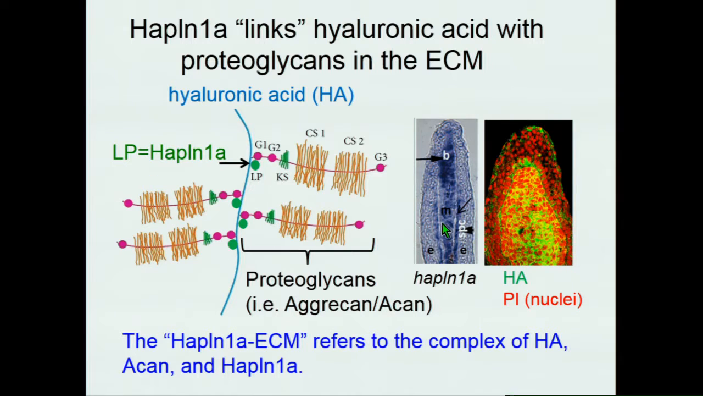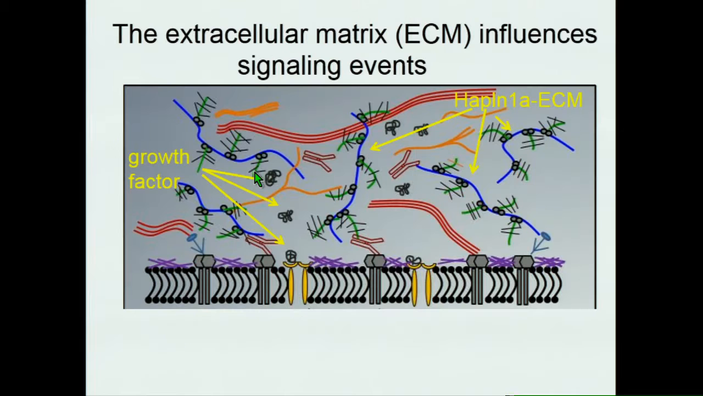The Hapln1a mRNA is expressed throughout the medial and lateral mesenchyme of the fin, where hyaluronic acid is also found. This extracellular matrix can potentially connect the two populations of cells, the dividing cells and the skeletal precursor cells. So throughout my talk, I'll refer to the Hapln1a extracellular matrix, which refers to this complex of hyaluronic acid, Acan, and Hapln1a. Okay, so the Hapln1a extracellular matrix is simply one component of a more complex extracellular matrix that exists